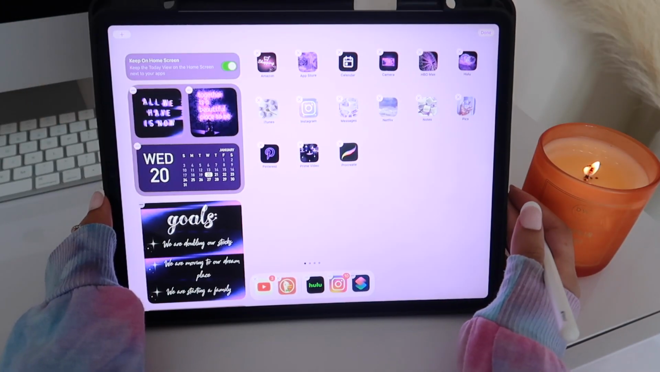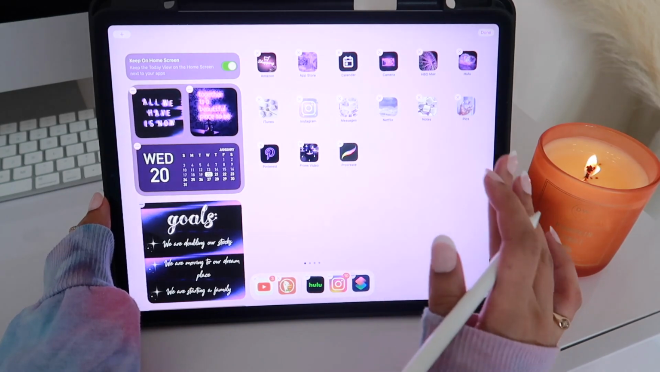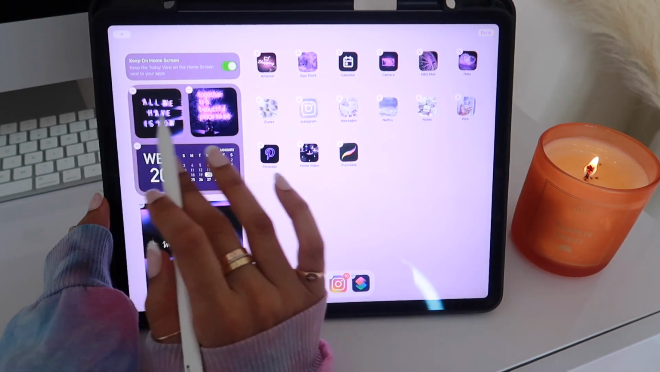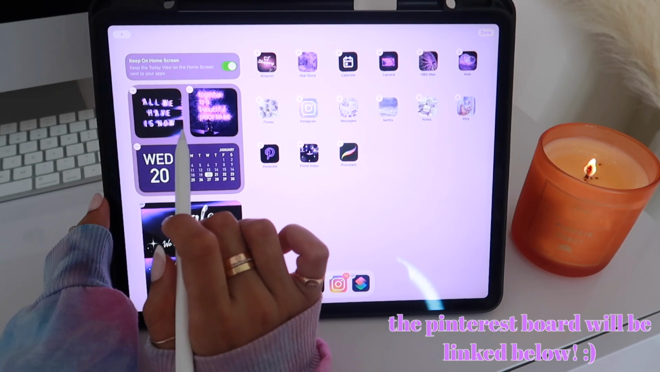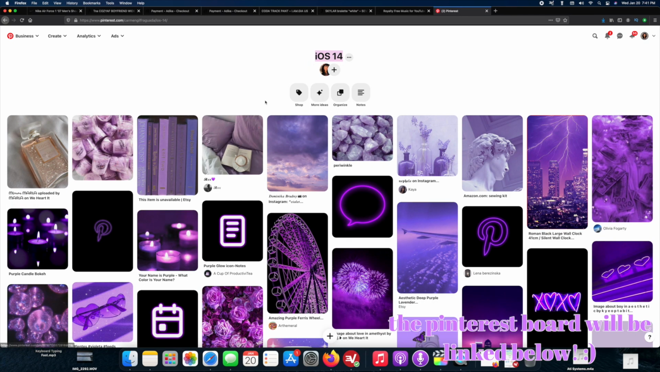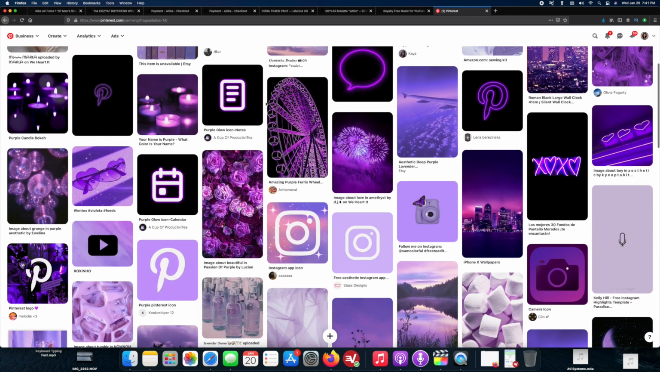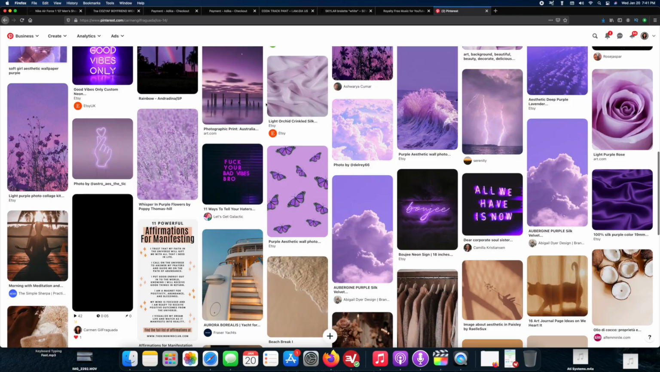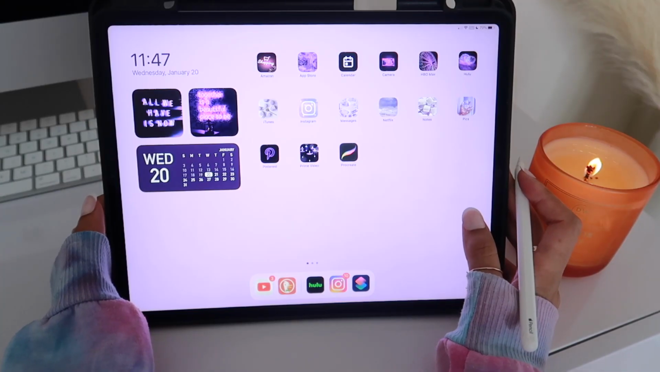Alright, so this is the first page of my iPad. I do have a couple widgets on the left hand side. I have two pictures. I got these pictures from Pinterest. I do have a whole iOS 14 board on my Pinterest if you want to go check that out, and you can use any of the pictures for either your iPhone or your iPad if you want to